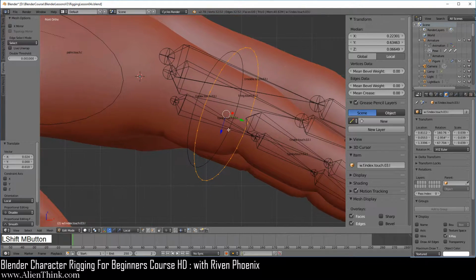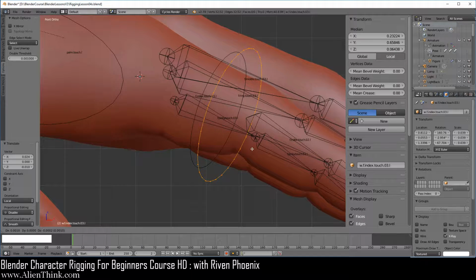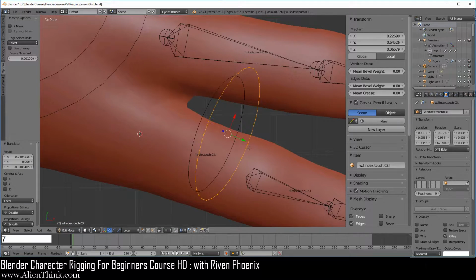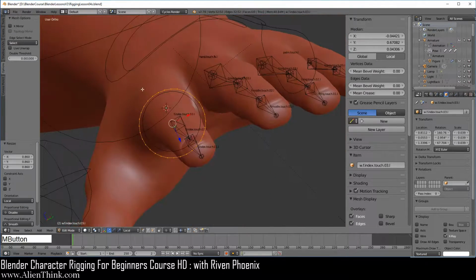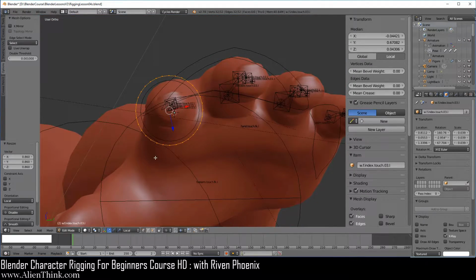Now press the 1 key, and of course press the G key, edit mode, and look at where this black circle is. Go ahead and just put this down right around here, press the 7 key, press the G key, and here you just need to eyeball this over here. Okay, and of course you can just look at it from this point of view.